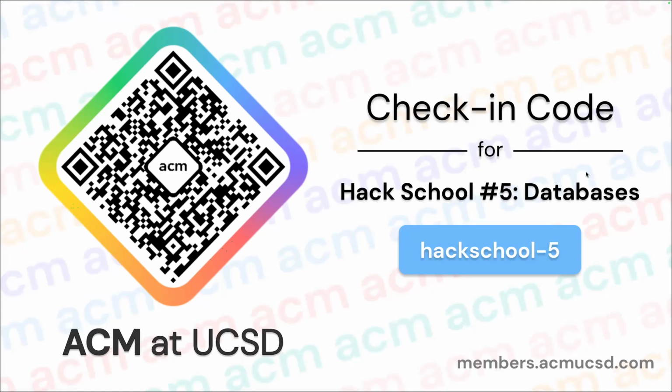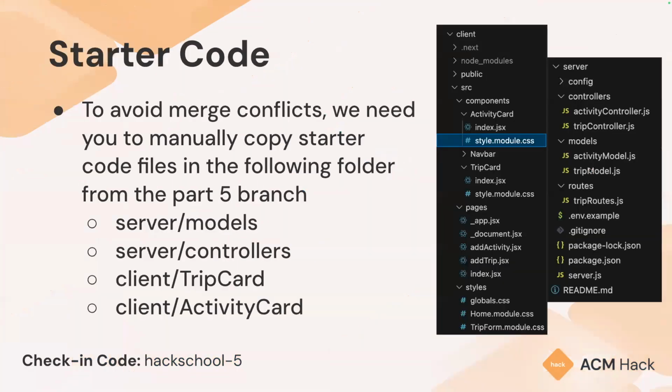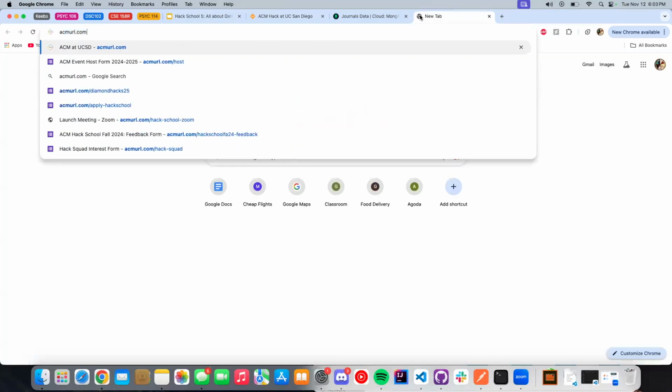Okay, so for anyone just coming in, there's pizza in the other room, but just so you guys can get set up, for the starter code this time, we're not doing the typical git commands since we had merge conflicts last time and we are using a lot of the same files, but just modifying them. So if you guys can go to the part 5 branch, if you do ACM URL slash